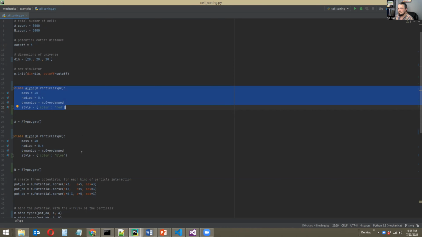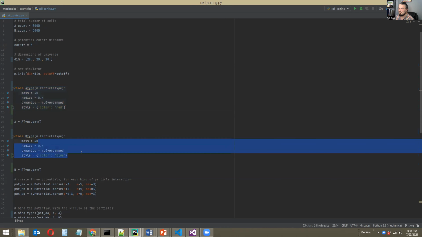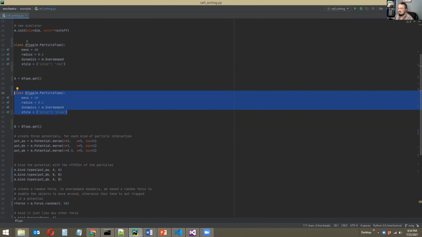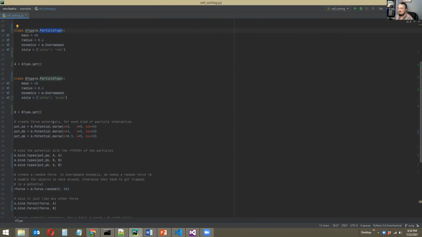Mechanica describes particle types using a class definition. This is called the particle type. And then it's quite easy to create instances of potential functions and describe them in terms of model parameters that define the potential function, and then bind them according to the biological or the model objects in a simulation.